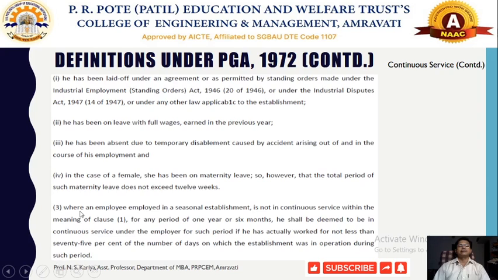So particularly in case of seasonal units, for the minimum criterion of total working days, suppose the total working days are 50, out of which nearly 75% of the working days are required to say that the employee would be in continuous service. So, suppose 50 days of working are supposed to be there, then 30-35 days will be considered, in case of a seasonal industry, as continuous service.